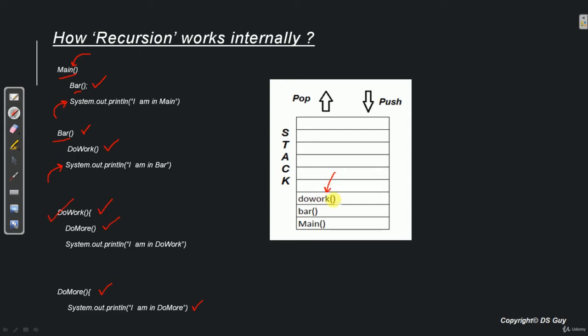So we have do work method. So system will come to do work method. Now since line 1 is already executed, it will execute the next line, which is printing of this message. So it will print this message. Now once the message is printed, do work's work is also done. So now the system needs to again refer the stack and see which method is there in the stack. So it sees the bar method is there. So this gets popped out. Now the control again goes to the bar method. It prints this message and bar method execution is done.